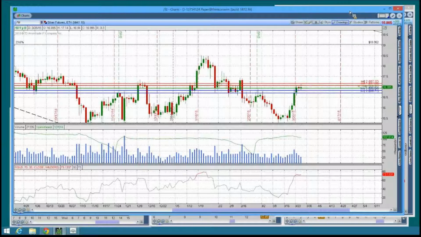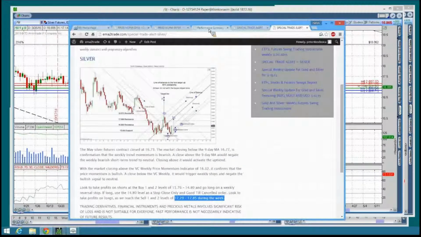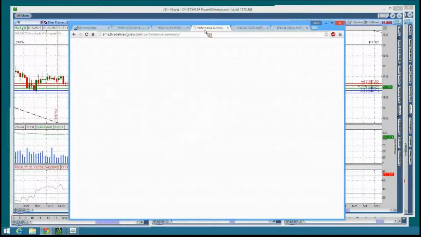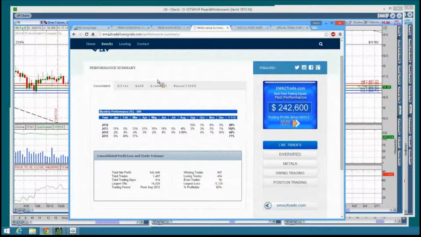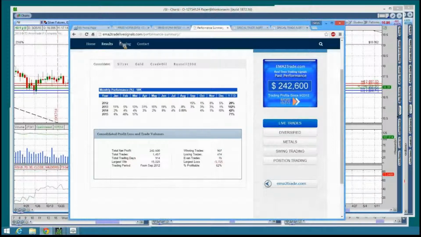What I would like to do at this point is simply review with you the process that we go through once we activate trades in the room, and we audit the trades, we post the trades. We use EMA2TradeLiveSignals.com as the master website that basically shows the trades that we do in the room. And here you can see all the monthly percentages that we run. And for this year, we are up so far 71%,